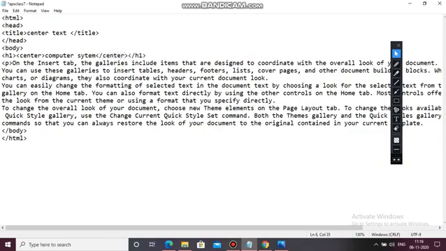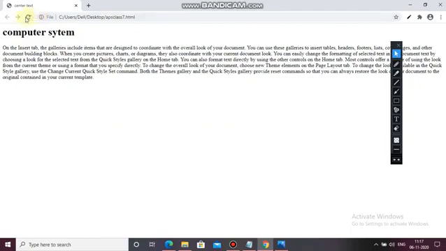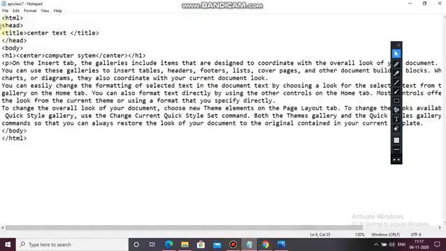If you make any changes in your text editor, first save it with Ctrl S and then come to your browser and refresh it. See, the change has been done. Now it has been aligned to center. So this shows that using the center tag you can align your text in center. I hope it is clear to you all.